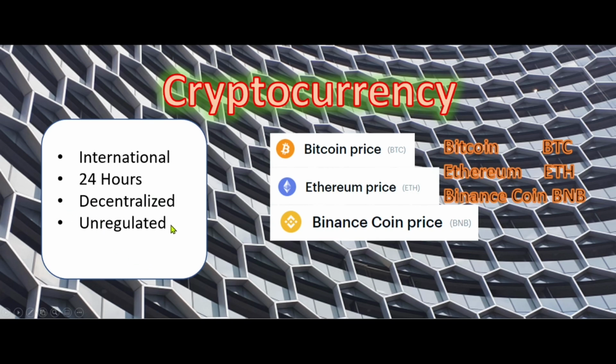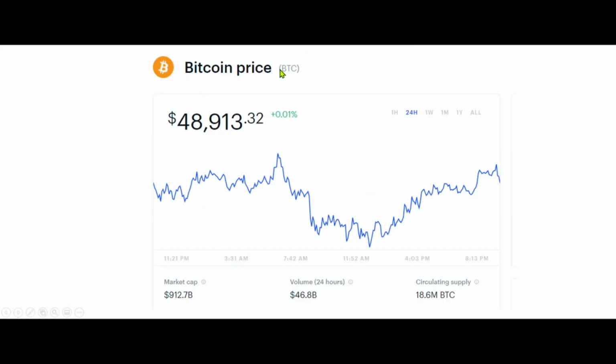It is decentralized, it is unregulated, and as I mentioned before, it is very highly secure because of the technology it uses. It is blockchain technology with cryptography and all of those things. So those are the advantages we have with cryptocurrency versus the stock market. The stock market has its own advantages, where you can make some money in the particular country you are buying and selling in. So let's take a look at Bitcoin.